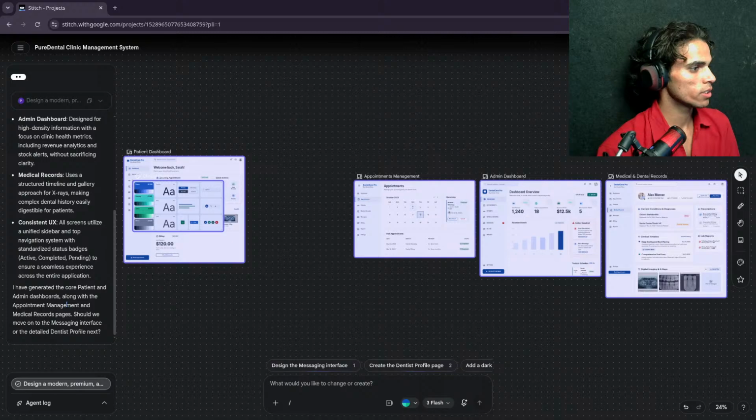I have generated the code for patient identification along with the appointment management and medical record pages. So we move to the management interface or the detail. And next,